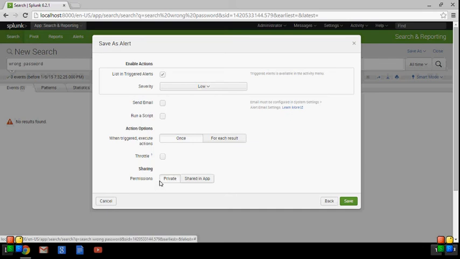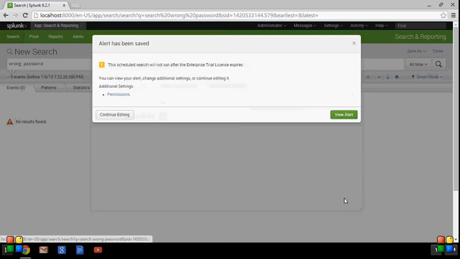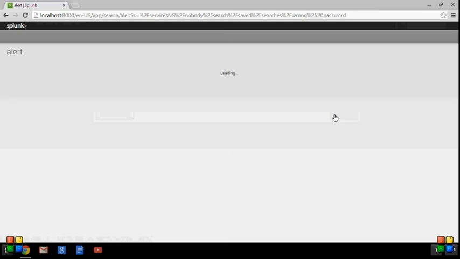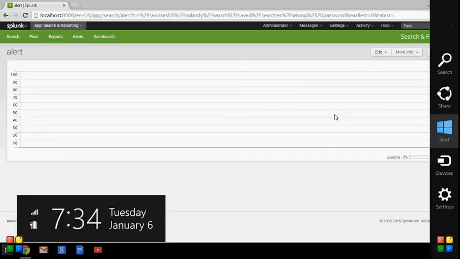And then we can create this app by sharing and/or private. If you share this app, it will be seen by other users like you. Then we have to save, and the alert has been saved, and then view alert. The alert will be seen